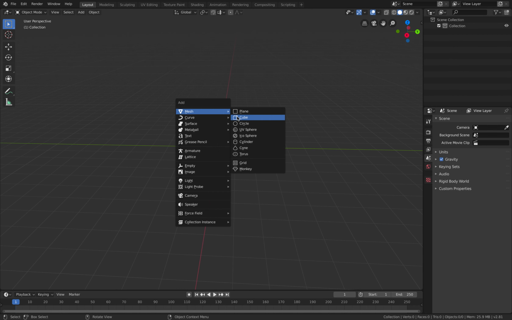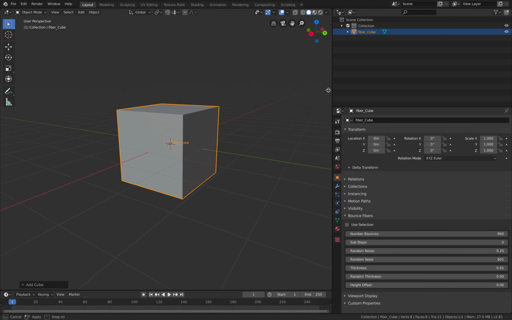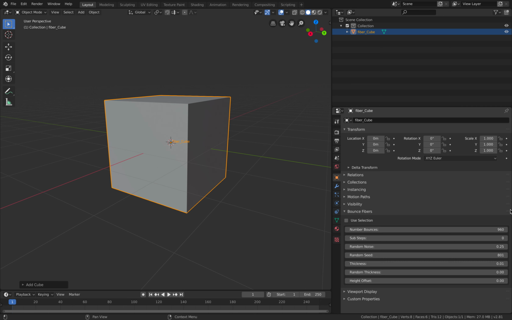You don't see anything because this add-on is hiding here. It's called Bounce Fibers. It says it's not a bounce fiber object yet. Rename it with a prefix fiber underscore. So that's how you use it. Just add a fiber underscore into your mesh. Now you have a new option right here. We can bring this up